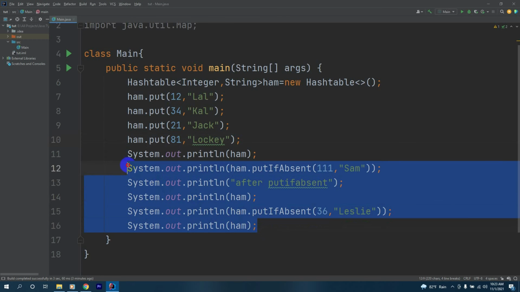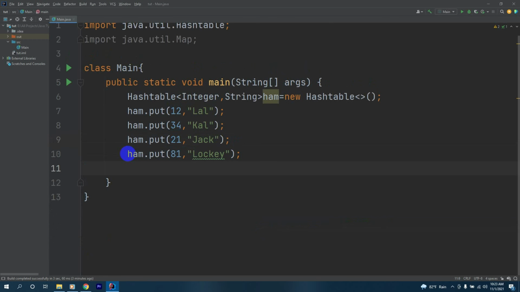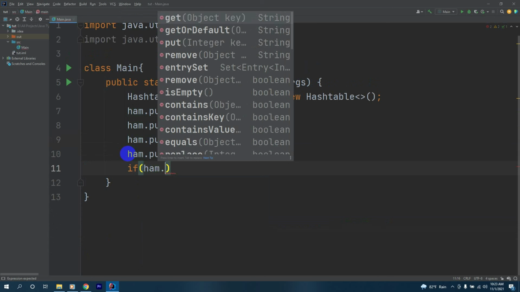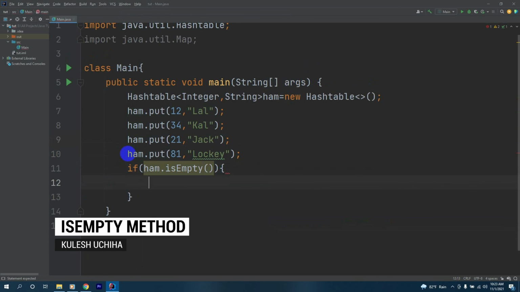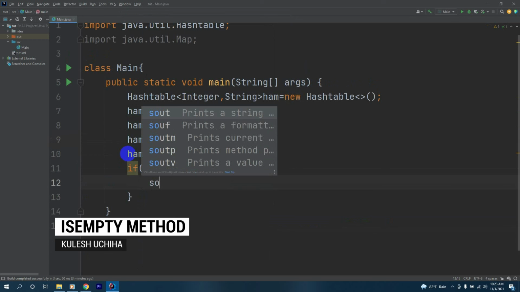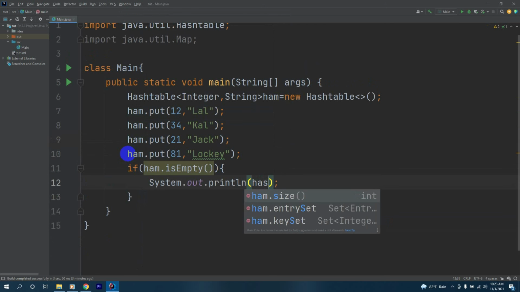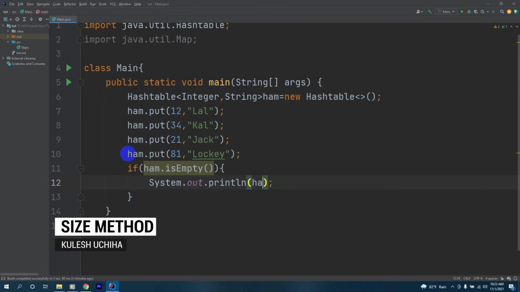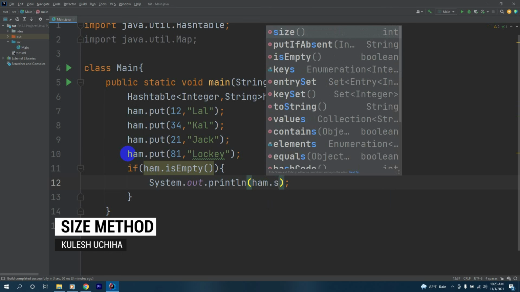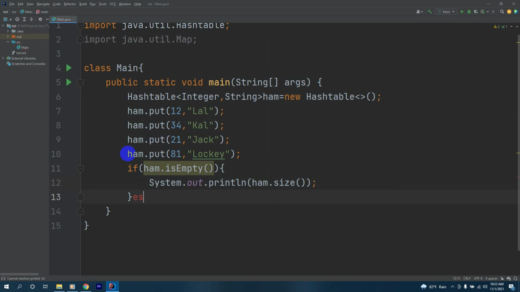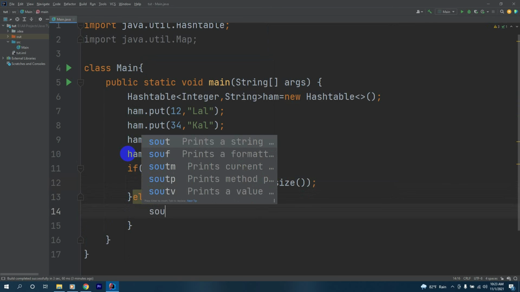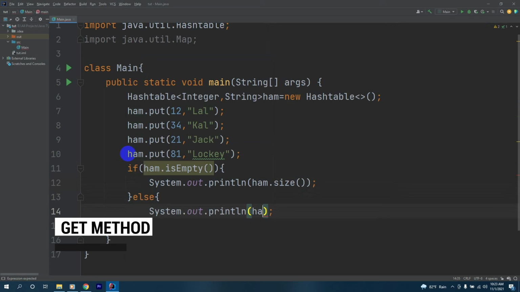Now we'll learn 3 other methods. We remove this and we'll say if ham.isEmpty, we'll call ham, we'll have an s out that prints ham.size, and we'll have an else here that prints s out ham.get, and we'll provide a key here.